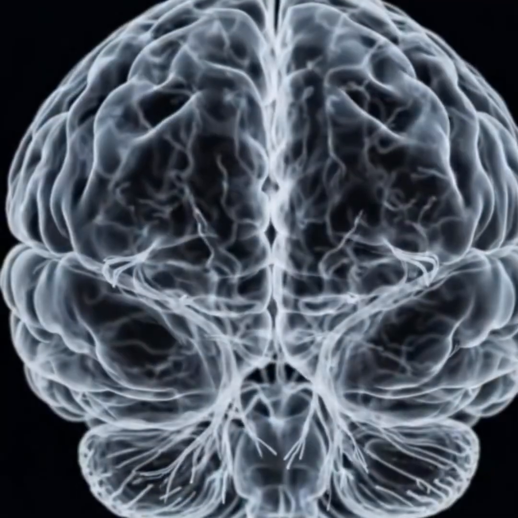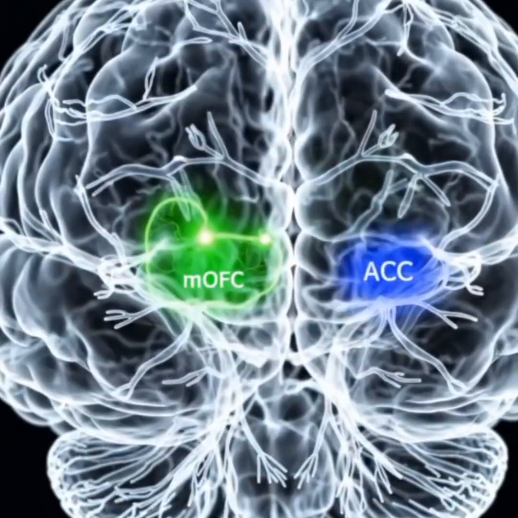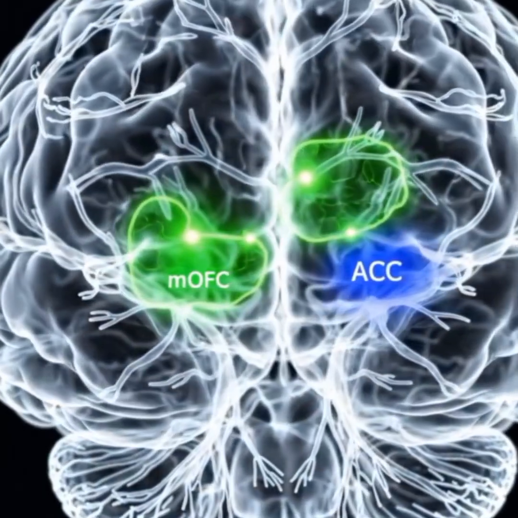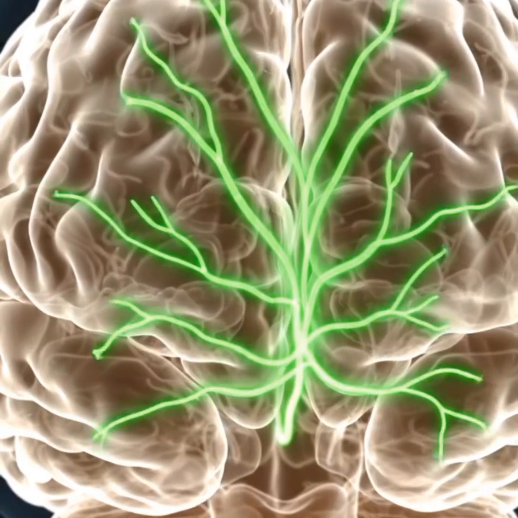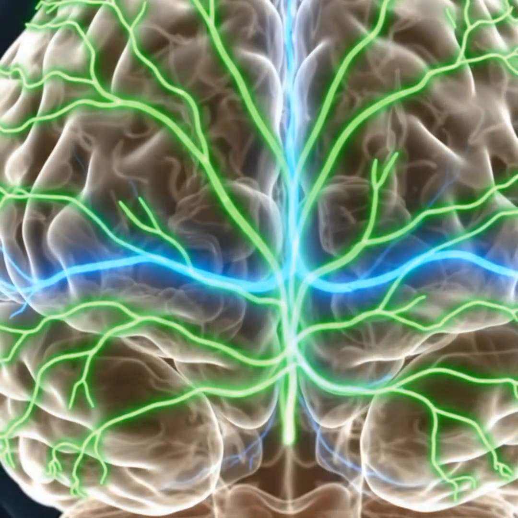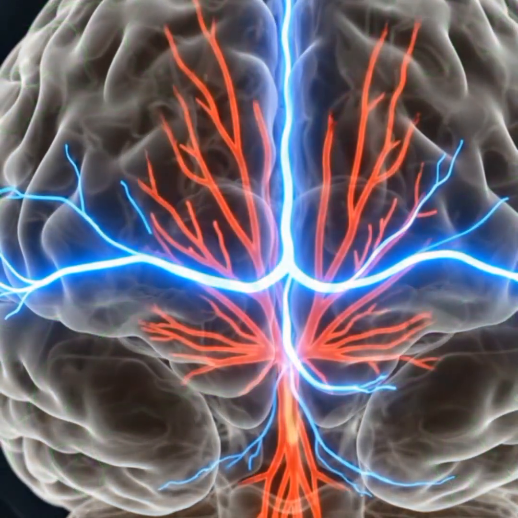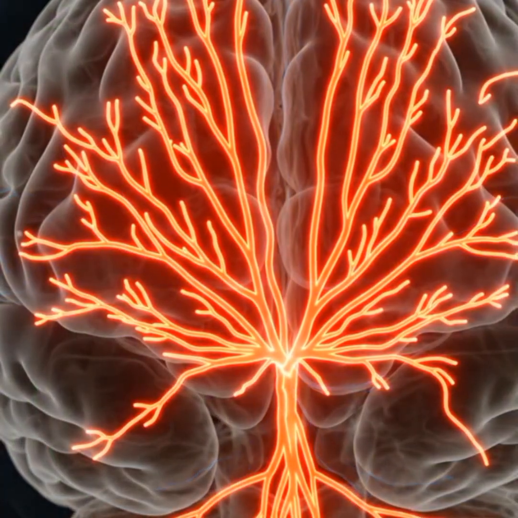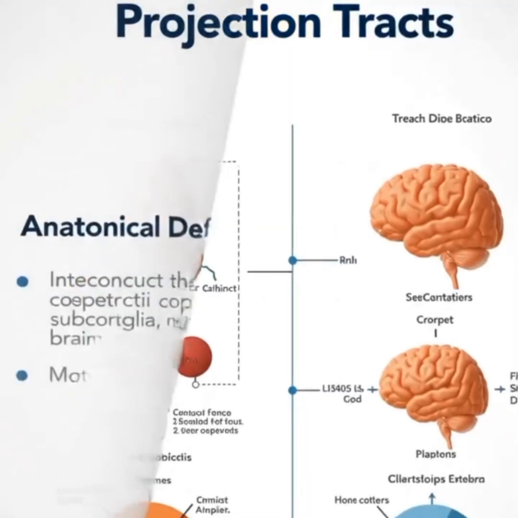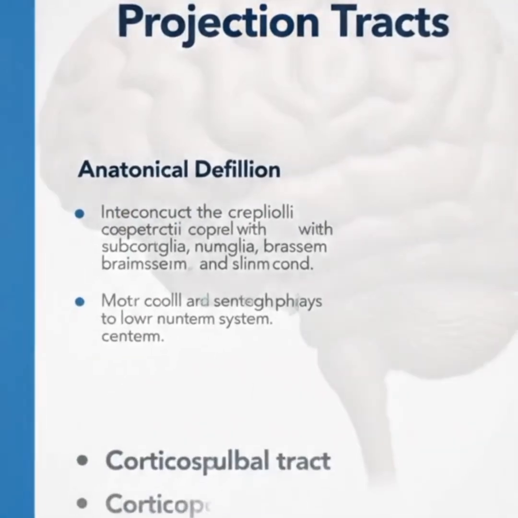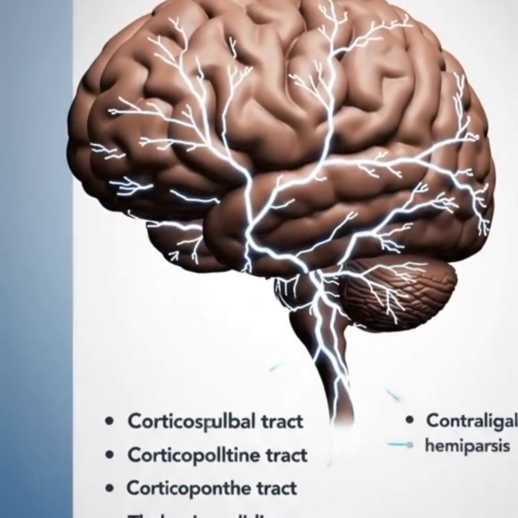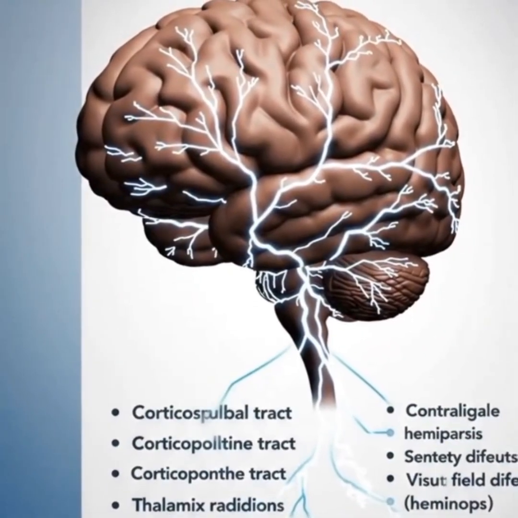Furthermore, the white matter microenvironment is sensitive to acute physiological stress. The myelinated axons within the cerebral white matter are organized into highly structured pathways, or tracts, which are classified into 3 distinct categories. Projection tracts interconnect the cerebral cortex with subcortical nuclei, basal ganglia, brainstem, and spinal cord. We will review the corticospinal,